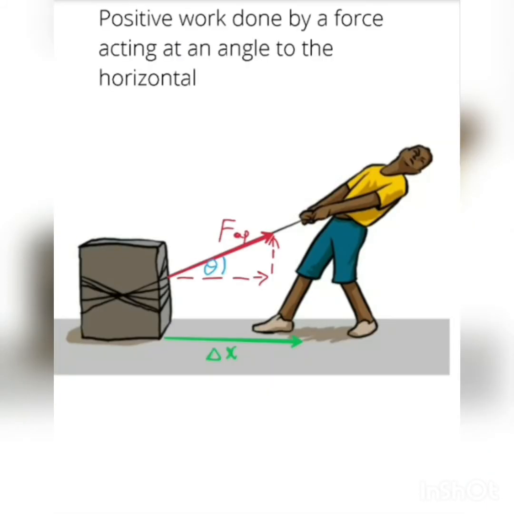Positive work done by a force acting at an angle to the horizontal. Remember, the force doing the positive work on the object must be in the same direction as the displacement of our object, and our displacement in this case is that particular delta X, and our applied force is the force that is being applied by this man here. So if the applied force in this case, doing the work, is acting at an angle